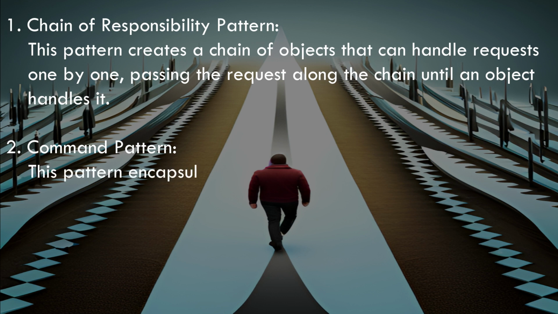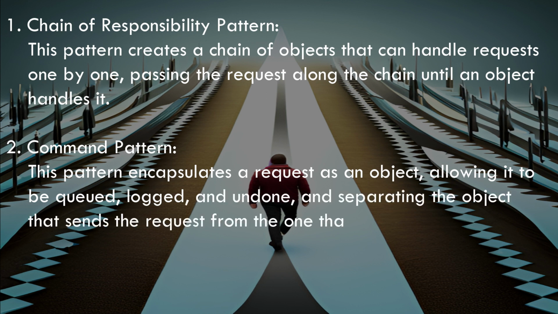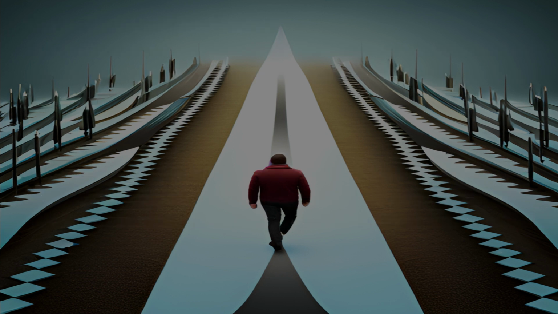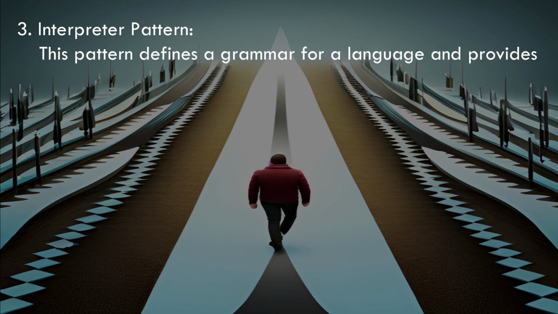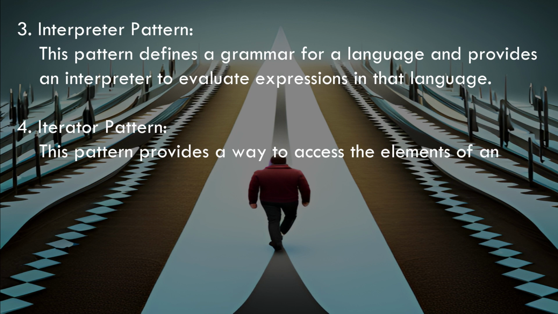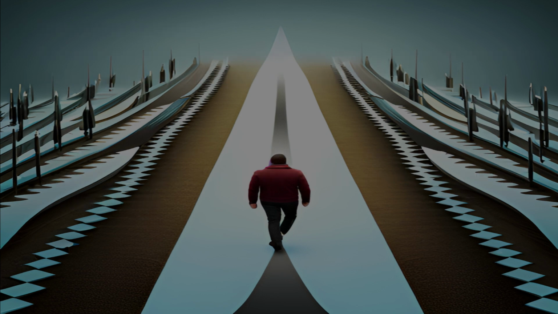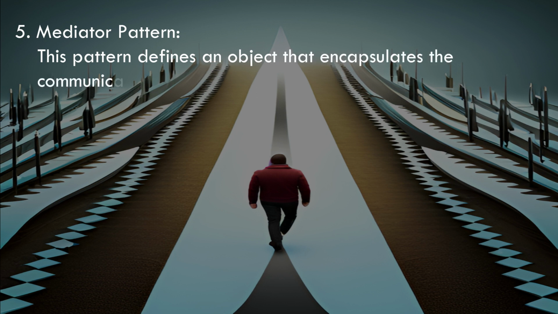2. Command pattern. This pattern encapsulates a request as an object, allowing it to be queued, logged, and undone, and separating the object that sends the request from the one that receives and executes it. 3. Interpreter pattern. This pattern defines a grammar for a language and provides an interpreter to evaluate expressions in that language. 4. Iterator pattern. This pattern provides a way to access the elements of an aggregate object sequentially without exposing its underlying representation. 5. Mediator pattern. This pattern defines an object that encapsulates the communication between a set of objects, allowing them to interact without knowing